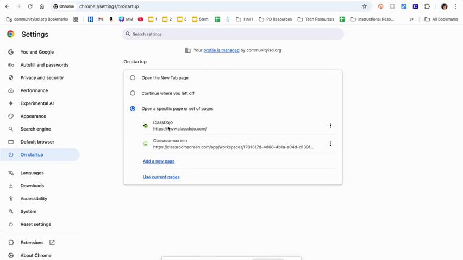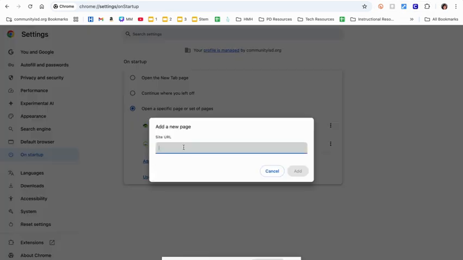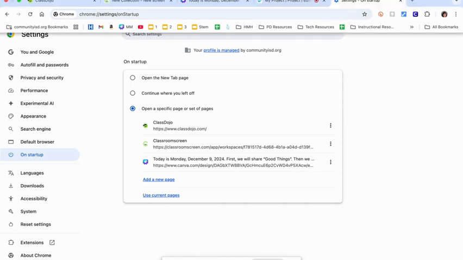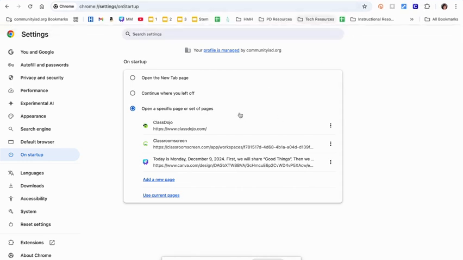So here I have Class Dojo and classroomscreen.com that open automatically when I log in. So I want to add my morning meeting slides. And to do that, I would just click add new page. I'll click the website address to those slides and then click add. And so now it will open up, and I can't show you without logging out of my recording, but now instead of just those two coming up,